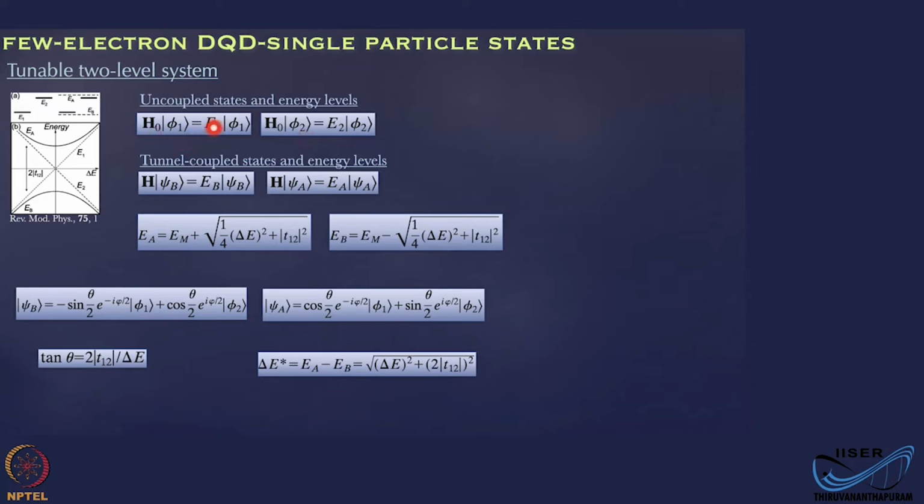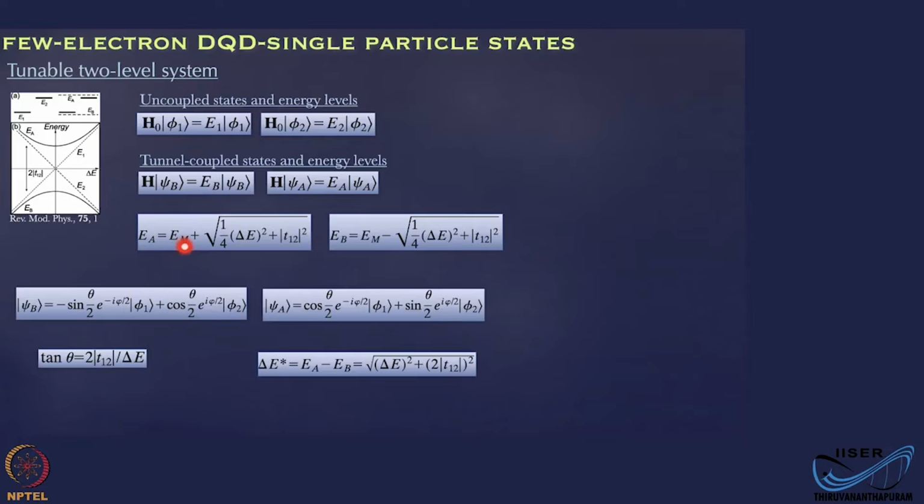H0 will have an eigenvalue of E1 for the phi1 state, and E2 for the phi2 state, for the uncoupled system. So we can think that these two dots are far away. They are not coupled. When you bring them together, the resultant wave functions are represented by psi A and psi B. Okay. So these are the wave functions, and these are the new energies EB and EA, where those are given by